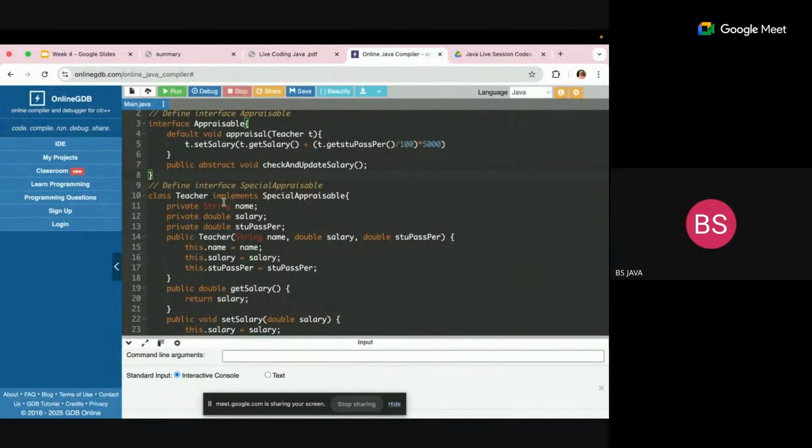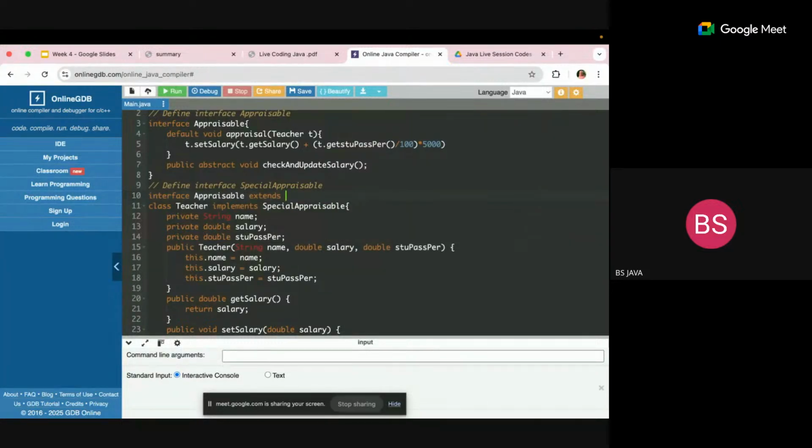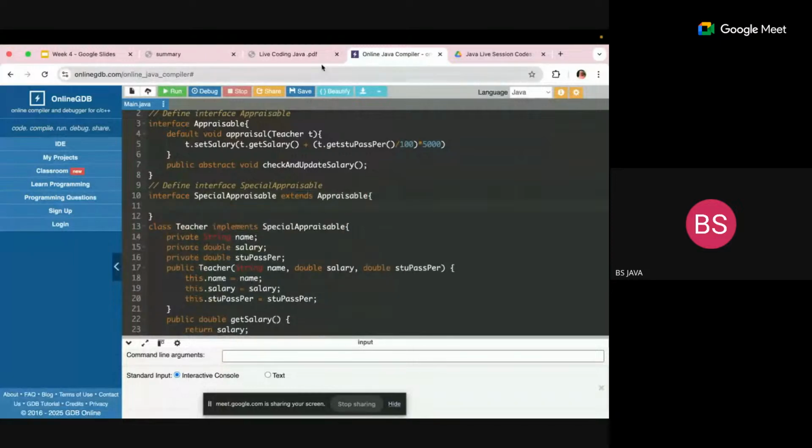Is it done? No. So interface appraisable, sorry, appraisable. I think I should type it. So here it has to extend the previous one, appraisable. So this is actually special appraisable that should extend appraisable interface